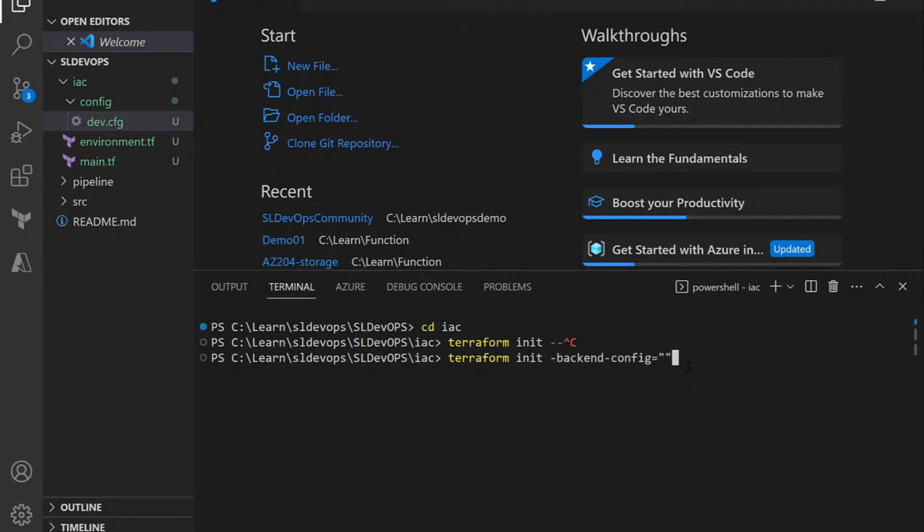Let's give the config file path. Path is config dev.cfg. Let's run this command. Now you can see